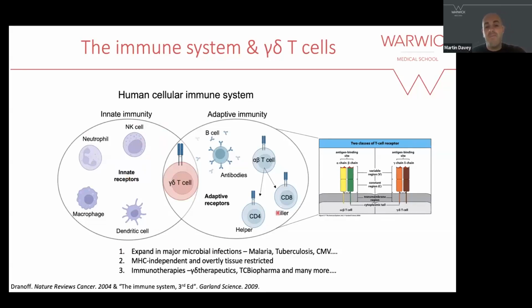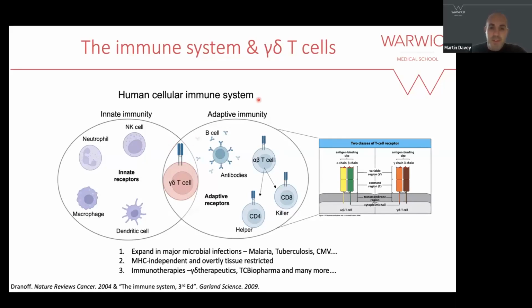Then through evolution, we've developed a system where we can generate what's called adaptive immunity, which is essentially an immunity that can change in the face of a new threat or a new pathogen, and evolve in a way that adapts to that pathogen and allows us to generate a memory response, which is incredible.